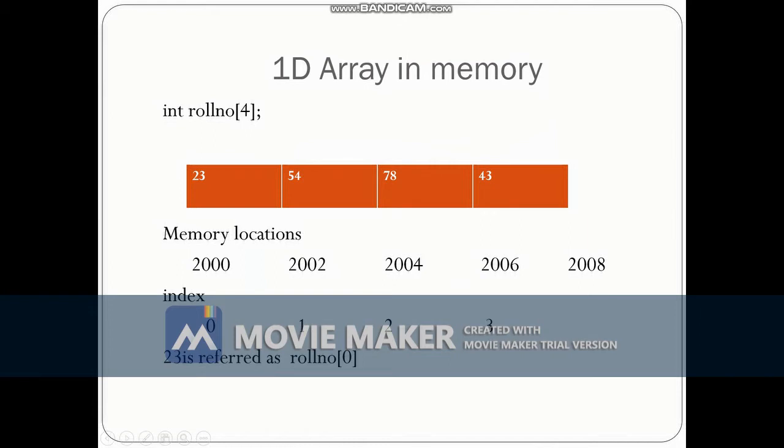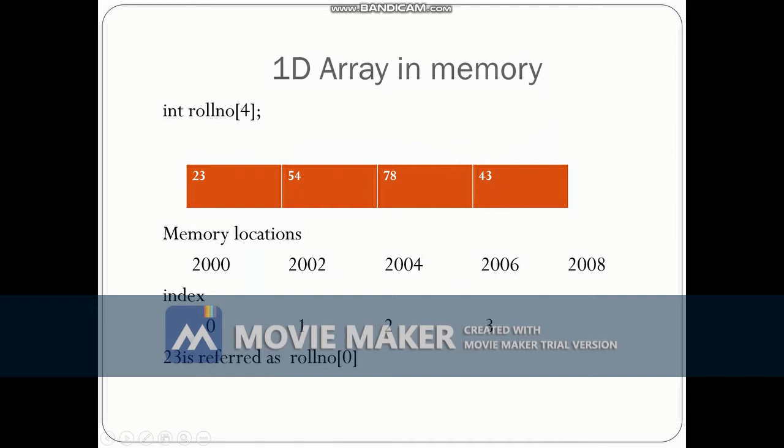So here I have written int rollnumber[4]. This is the declaration. The moment I write 4, it means 4 spaces or memory locations will be reserved. Since we know that the size of an integer is 4 bytes for a 64-bit processor and 2 bytes for a 32-bit processor, assume that it is a 32-bit processor.